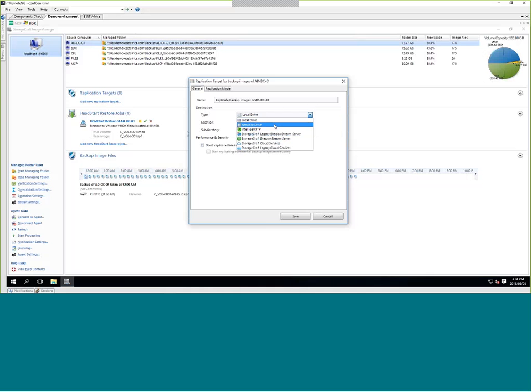Then there's also network drive options, so that's basically to replicate to another network attached storage of sorts on the same network. There's also the IFTP, which I mentioned earlier. There's also shadow stream. You can disregard the legacy options because they will fall away at some point soon. And then there's also the StorageCraft Cloud, which we can't offer just yet. StorageCraft Global is busy deploying additional storage infrastructure around the world, focusing in certain areas in Europe at the moment, and we're hoping that that might become available to African territories soon.